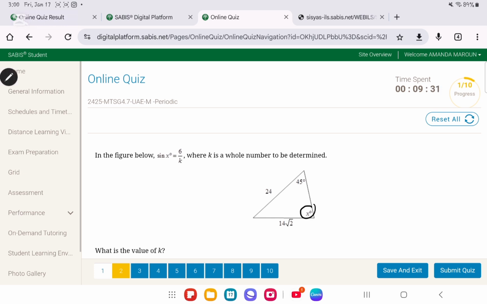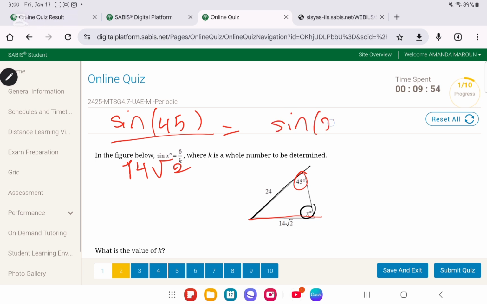We are given what? We are given x degrees as an angle and its opposite side. And as well, we are given 45 degrees as an angle and its opposite side. So if we are given an angle and its opposite side, we can apply the sine rule. The sine rule states that the sine of an angle divided by its opposite side is equal to the sine of another angle divided by its opposite side,